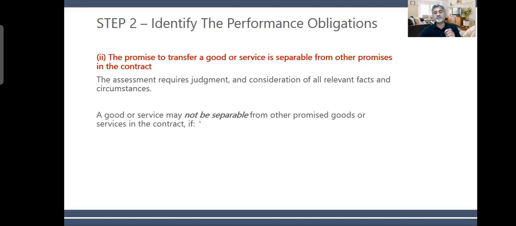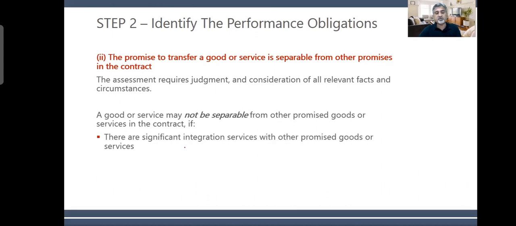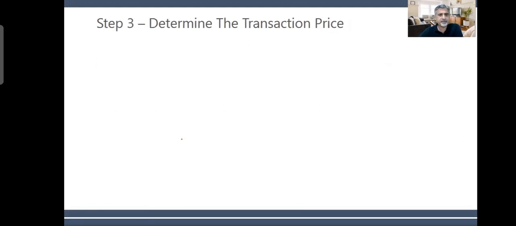The goods or services may not be separable from the other promised goods or services in the contract if these are insignificant integration services. I explained that already, so nothing much to say here. Number 3 is determine the transaction price. Now that's important. Determine the transaction price, the total price of the building, the total price of the contract,